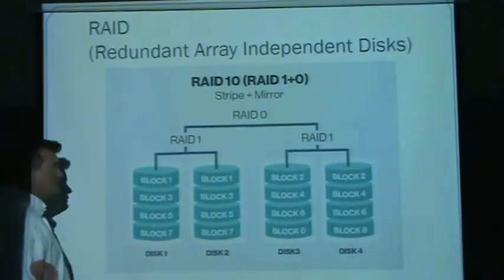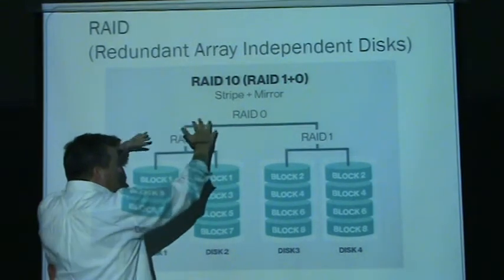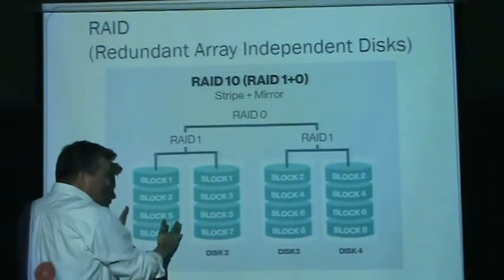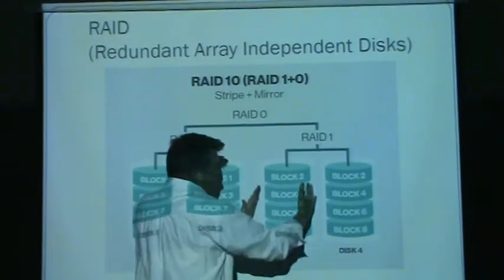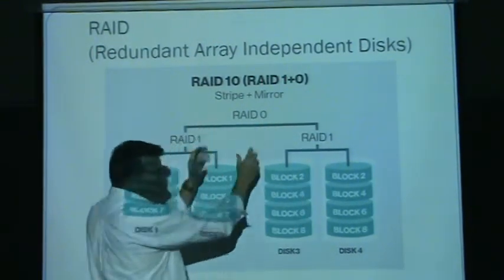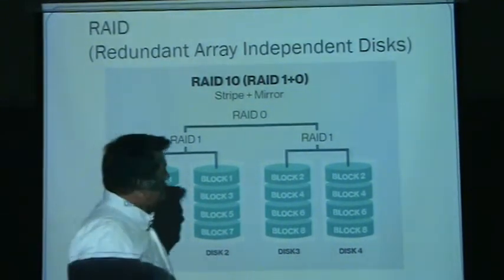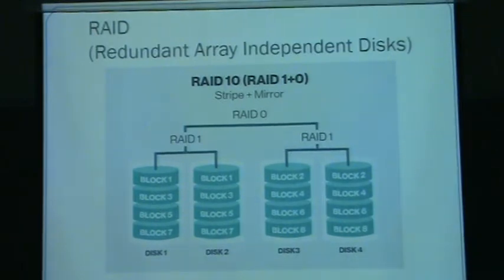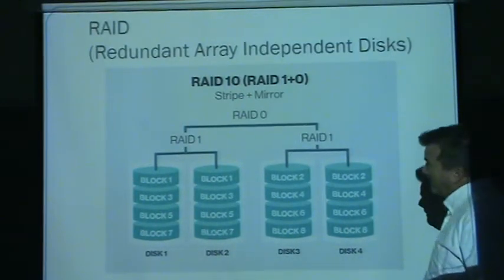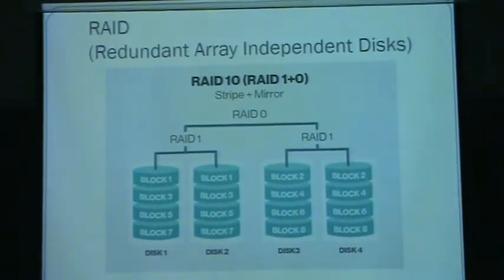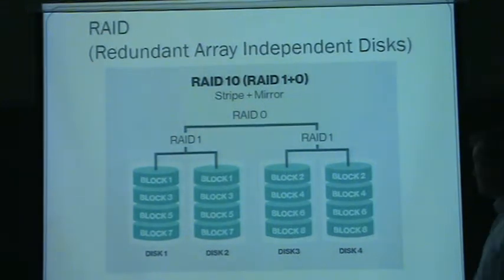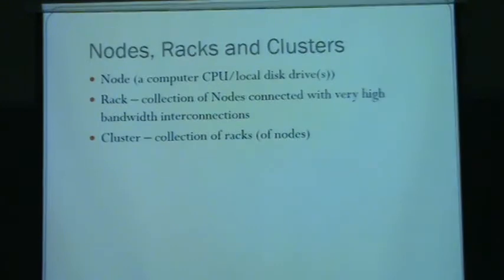So now what we're doing is we're searching for something. We're saying we'll search this set and this set simultaneously, and then take the 2 answers and build them together and somehow hash out what the results are. Okay, so this is RAID, which is the redundant array of independent disks format. Okay, so this would help us get answers quicker.